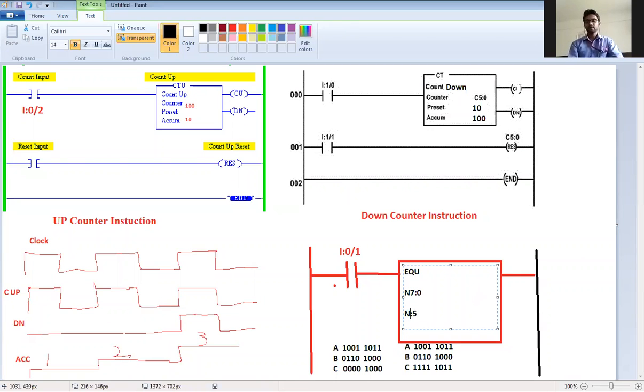So one source A will be there, source B will be there. Then the EQ instruction will do the comparison of these two data. If suppose N7:0 is greater, then a result will be generated likewise. If N7:5 is more, then that type of output will be generated. So likewise the results will be there.